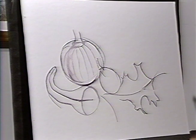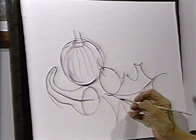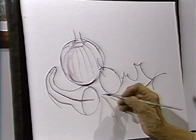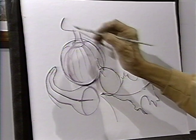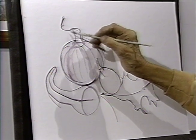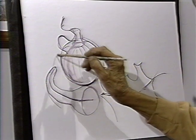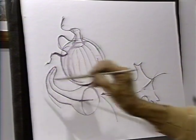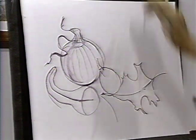And the lady who has been painting since she started at 89 has found that this has been extremely helpful to her. Well, let me just, and here are these wonderful things that just sort of play around up here. These are the things that interest me, and they have a lovely flowing pattern to them. So look for these things when you're out and around looking for subject matter. That was just a sort of an extra little something that I wanted to put in as this program comes